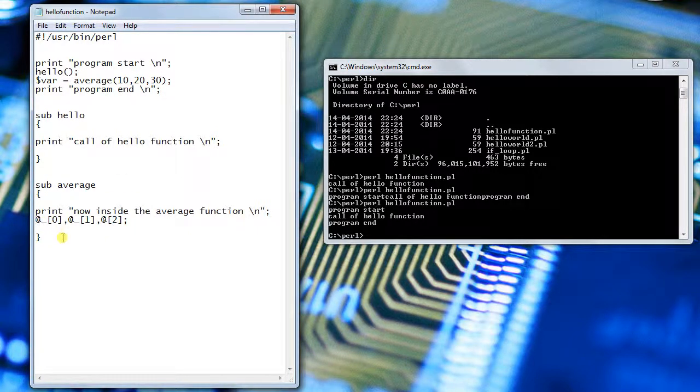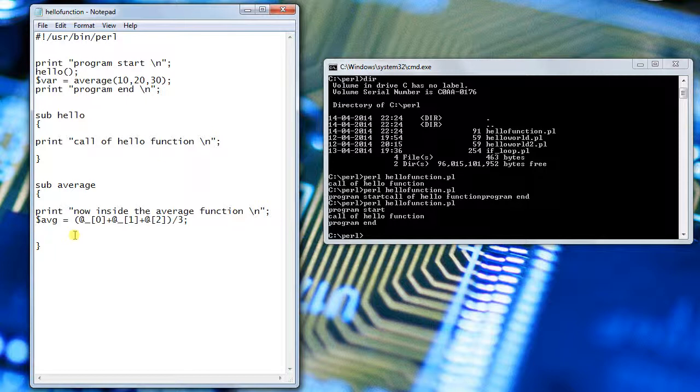Now because I want to do an average, I will declare a simple variable avg equal to the average. As you all know, it is the sum of all the elements divided by the total number of elements. Now you can use a simple brace, but this is not a function call, this is a mathematical operation, divided by 3.